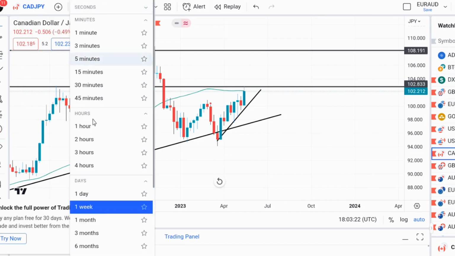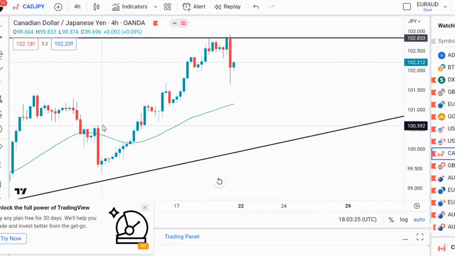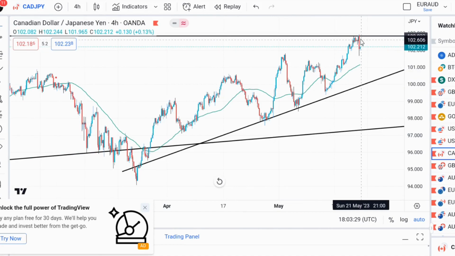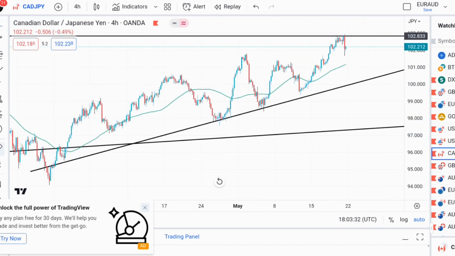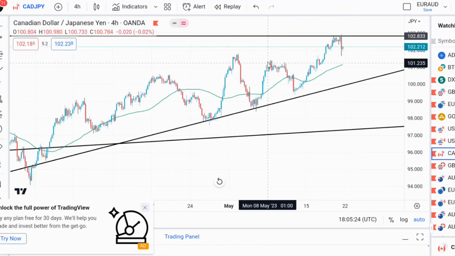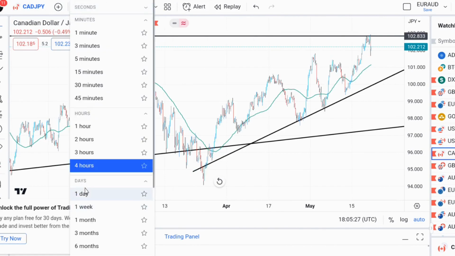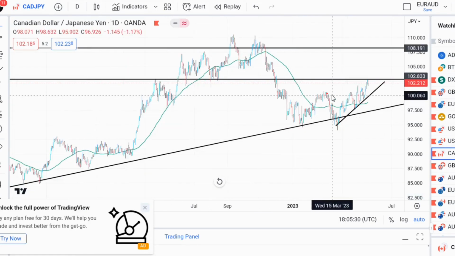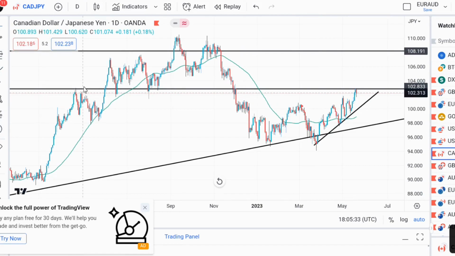Let's go to the 4-hour time frame. At the 4-hour time frame, we see this very big momentum on the Canadian dollar Japanese yen. So this is what I'm looking at to trade right there. Let's check the daily time frame. If you check the daily time frame, you can see that we have a very strong support at this particular area. You see that we have a very strong resistance at this particular area right there, and when the trade gets there, it rejects at that zone on the daily time frame. If you zoom in further, you see that we have a rejection.